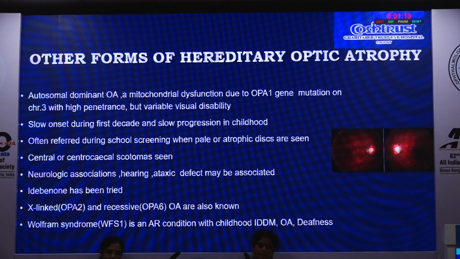Autosomal dominant mitochondrial dysfunction with an OPA1 gene mutation has a slow onset during the first decade and slow progression. Often they are brought during school screening, and they have central or centrocecal scotomas. Neurological associations may be seen, and idebenone has been tried, with